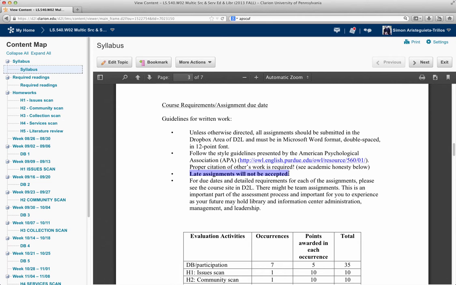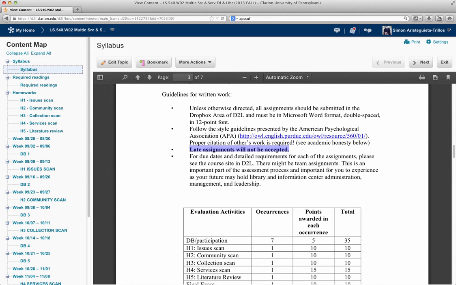I do not accept late assignments, and I do not accept things mailed to me. Use D2L. This is for your insurance and for mine. That way you have submitted something, and I know it's there. Okay, so there's no discussion about it. So please make sure you do everything on time. Don't wait till the last minute, because I will not accept anything late. Okay, and we're going to see what is due and when it is due.